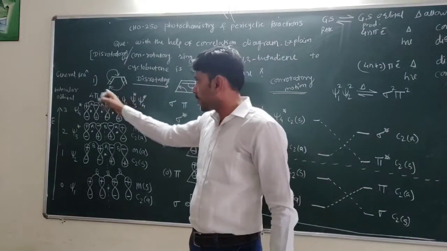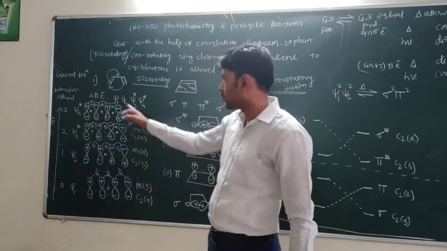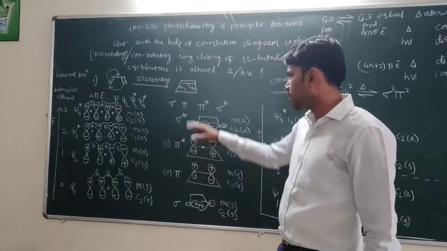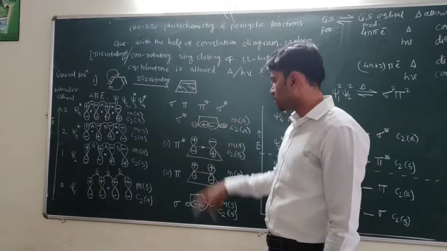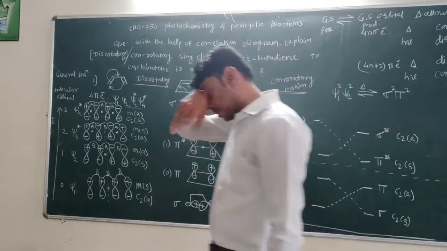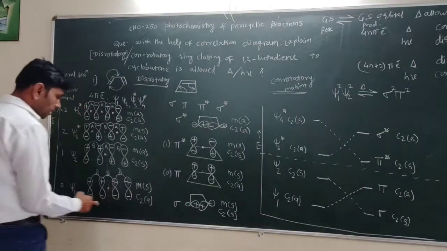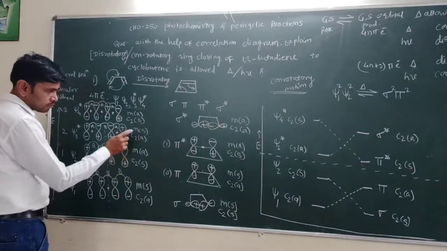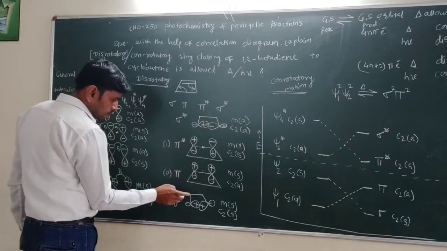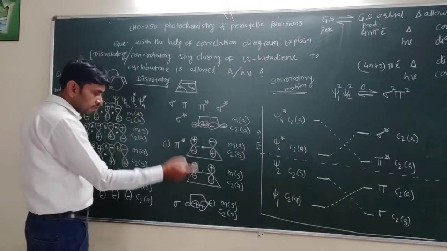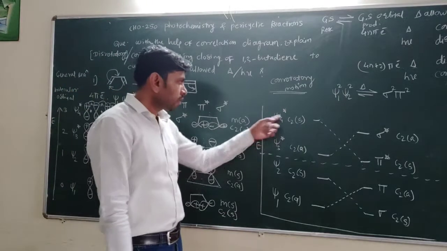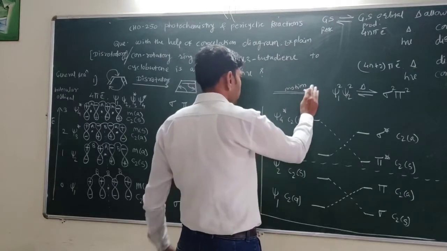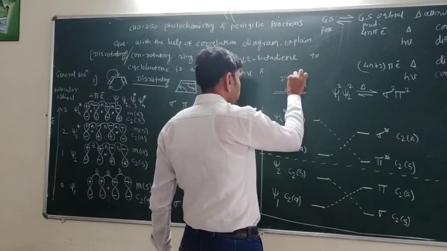The general reaction is the same, and draw the molecular orbitals. Which molecular orbitals? The same molecular orbitals, Psi1, Psi2, Psi3 star, Psi4 star, and here the product orbitals sigma, pi, pi star, sigma star. The same molecular orbitals we have drawn here, and again here the atomic orbitals. In a similar manner, we have to draw the atomic orbital symmetries, and the product orbitals and their symmetries. But here we are considering disrotatory motion. First we considered conrotatory; now we have to consider disrotatory motion.